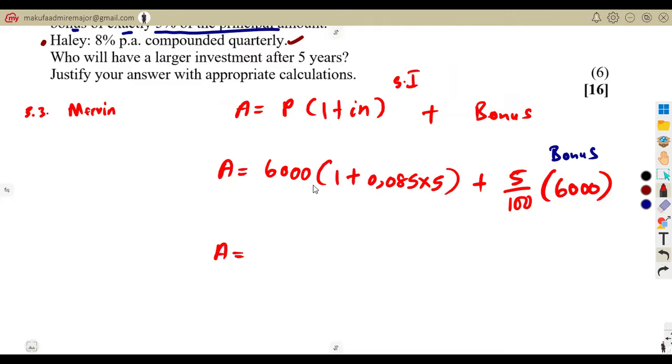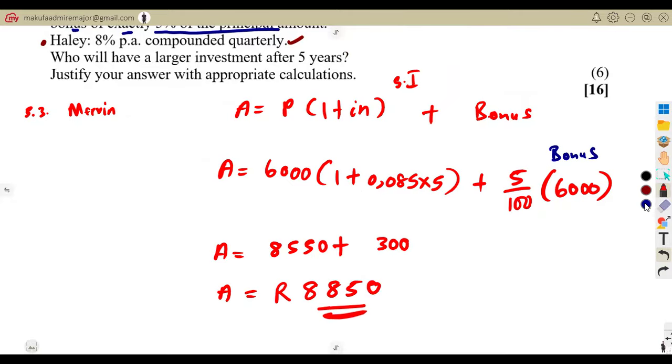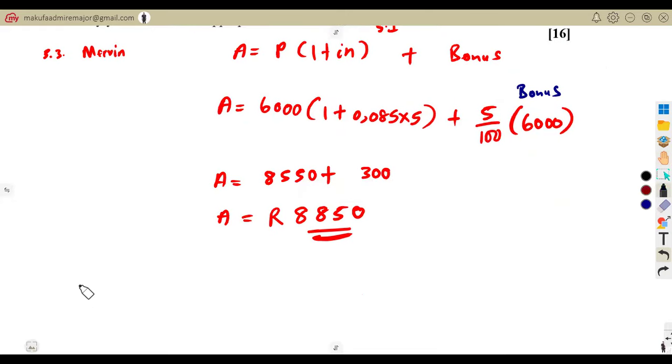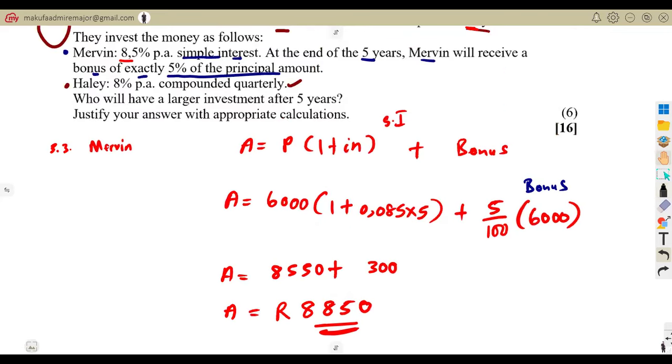So what will be the total amount at the end? All right, simplifying this, the first part here of the accumulated amount was going to be 8,550. You were going to obtain a total accumulated amount of 8,850, including the bonus inside. This is for Mevin. All right, let's move on to the other guy, which is compound interest, as we are